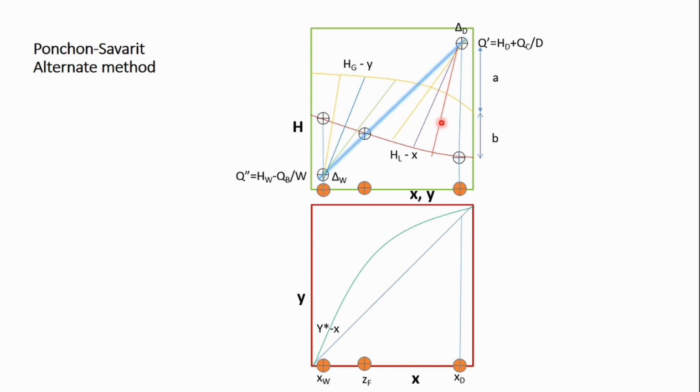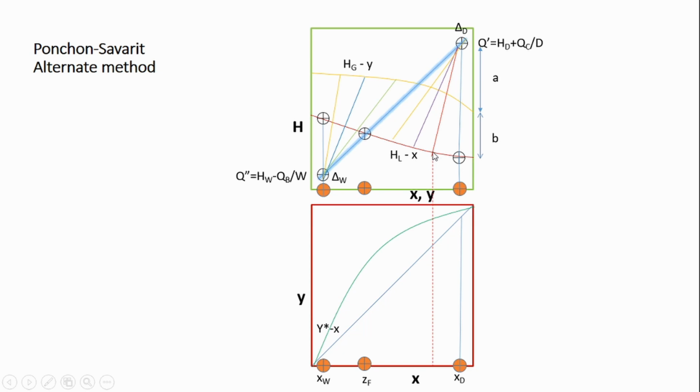We know from these operating lines, this is on HGY plot, so this is the Y value, and for this Y value this is the X value, right, for the operating line. So this is Y value, this is X value for operating line, this is Y value, this is X value for operating line in stripping section. Okay, so for these Y and X values, I can actually draw the operating line on XY diagram. If I can translate these Y values here, these X values on this YX plot, I can get the operating lines on XY plot.